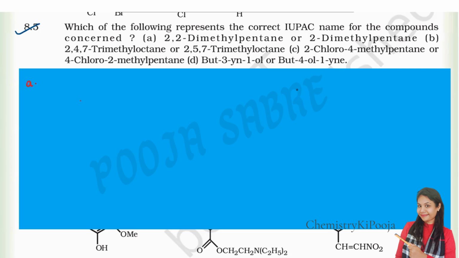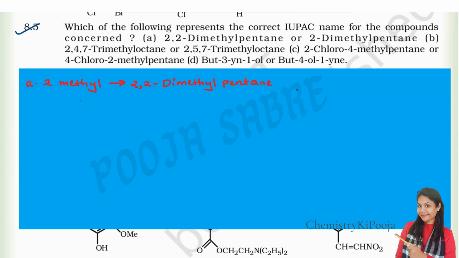Now, if I carefully look into the naming from dimethyl, it is understood that there is the presence of a 2-methyl group, right? So, there is a 2-methyl group present. And if it is a 2-methyl group, then definitely the correct IUPAC name should be 2,2. The dimethyl group is present two times, so two times you are going to write down the numbering. So, this is 2,2-dimethylpentane. Okay, this is the correct IUPAC name.